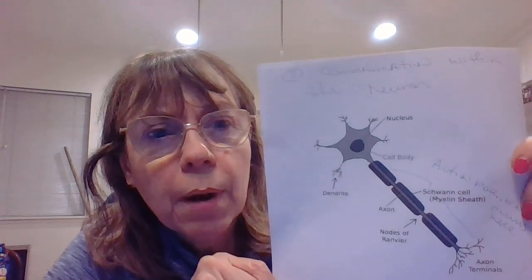So here's my diagram. Here is my neuron, and of course the nucleus, the dendrite, the cell body. And this is where the action potential would take place. I'll show you a different diagram. So the two ways that neurons communicate are within the neuron, or two neurons communicating with each other. Okay, so